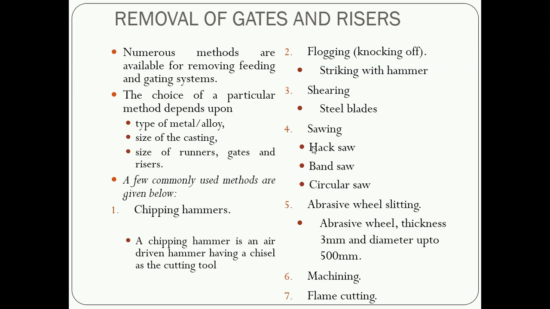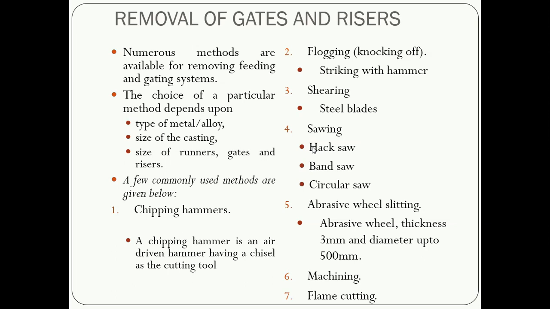That's why we have to take precaution that the location of the hammer should be such that the crack does not propagate on the surface of the casting. That's why, for using this method, we have to provide a notch section while making the mold cavity. Notch section means a reduction in cross section area, which must be provided at the gates or at the bottom of the riser, so that at that location you can direct the hammer and remove those surfaces.